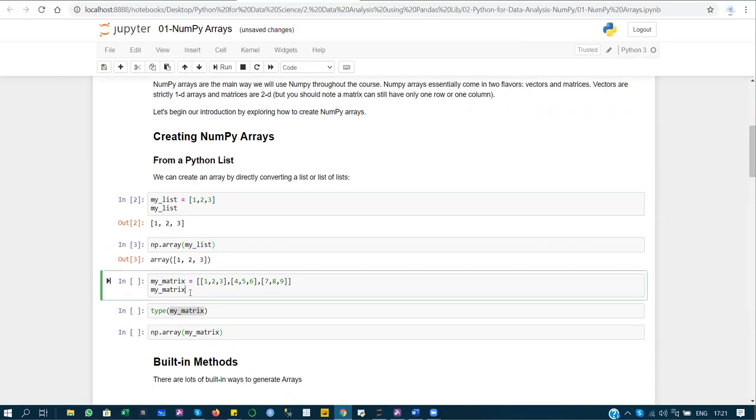Now, how to create a matrix with the help of an array? Here we are going to discuss how to create a matrix with the help of the array function. Firstly, I have created an empty list. In this empty list I am passing 3 sub-lists. I am passing 3 lists inside this list. This list contains 3 items